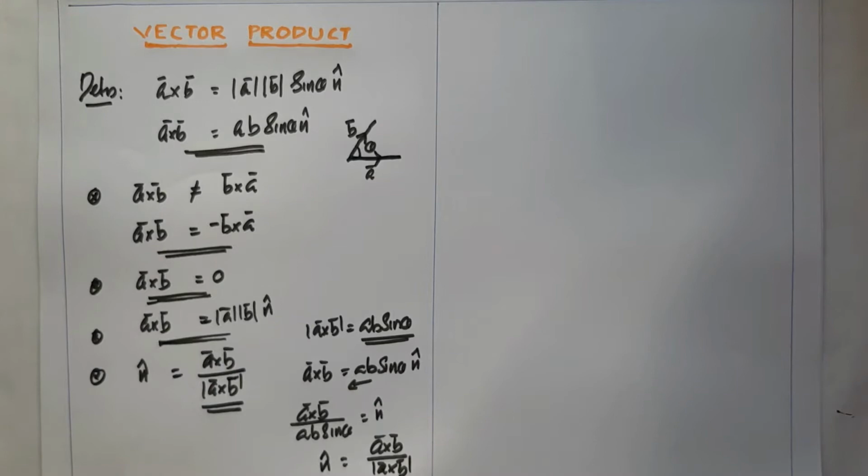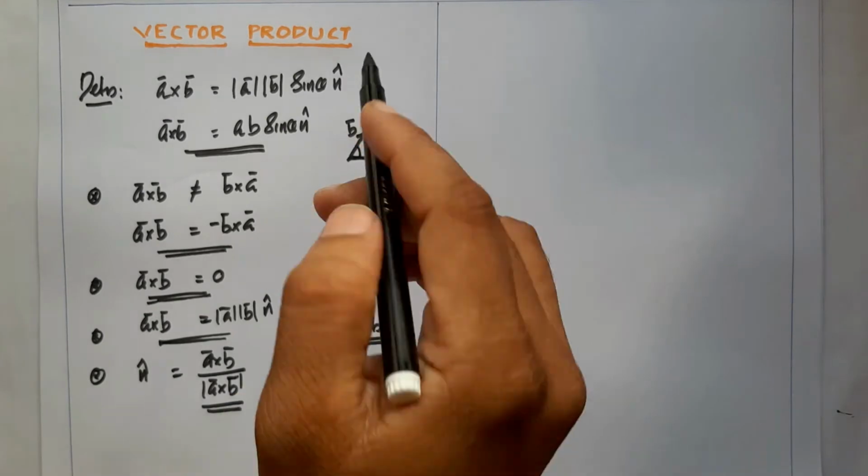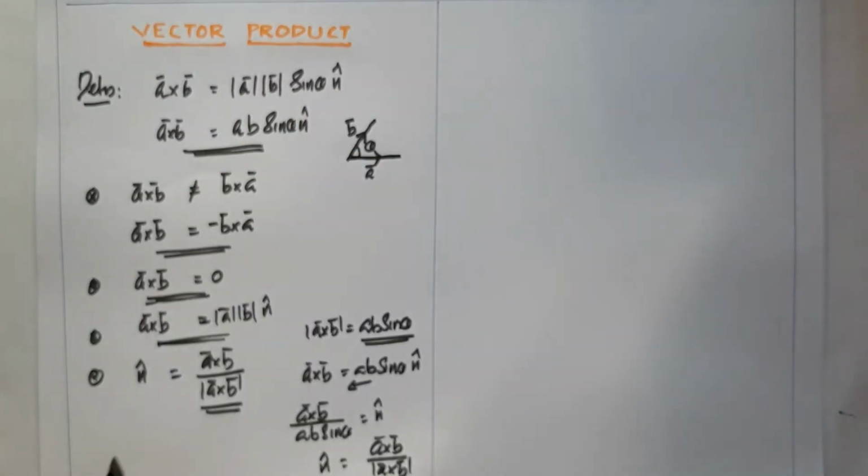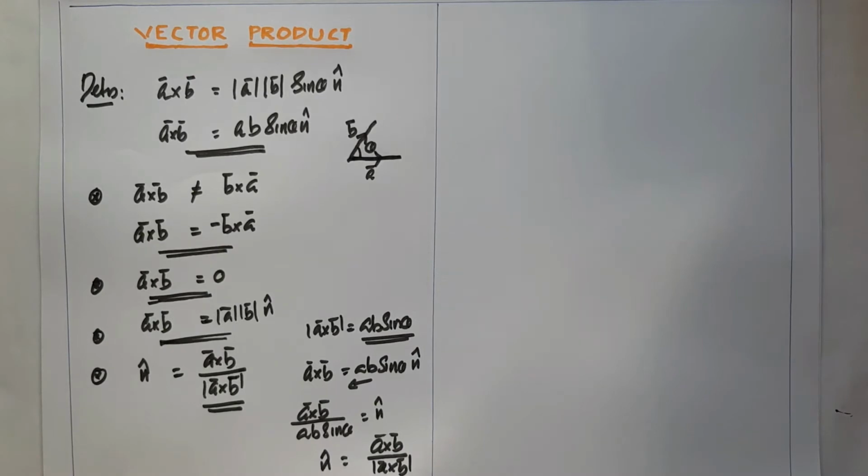First, a unit vector in the direction of vector A is n cap is equal to vector A divided by mod A. And a unit vector perpendicular to two vectors, vector A and vector B, is defined as n cap is equal to, which is perpendicular to both A and B, n cap is equal to A cross B divided by mod A cross B.